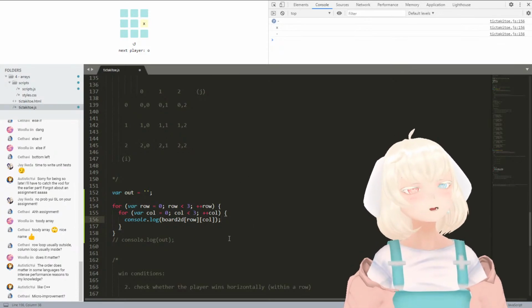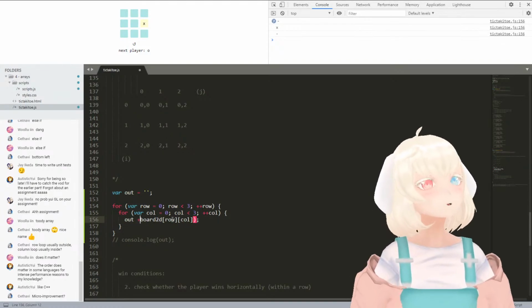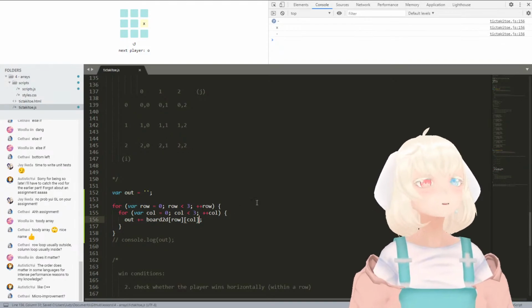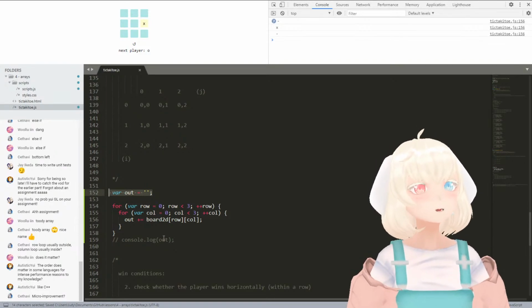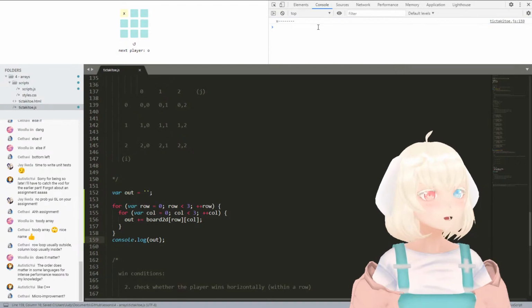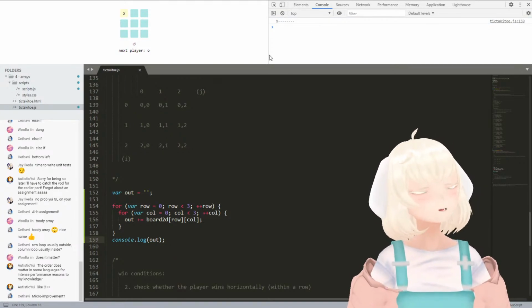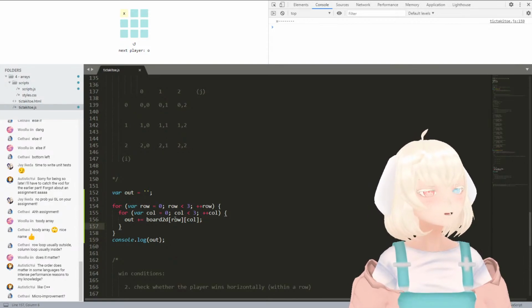But yeah, now that we're printing this out, let's do a little bit better of a job to format this. So we'll do our out plus equals thing again, where we're storing it into a variable before we print it out at the very end, right? So if I run this again, it's going to do the exact same thing that it was doing before, except without any new lines that it's printing. And now though,